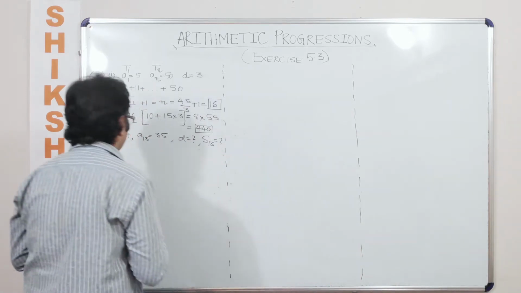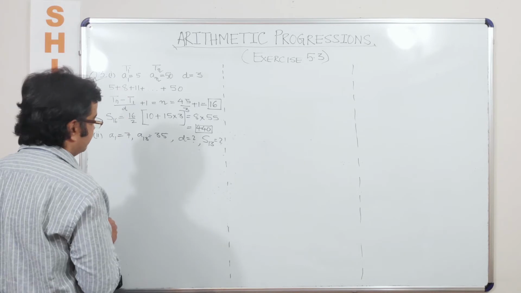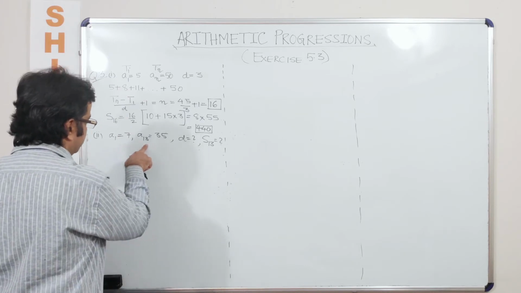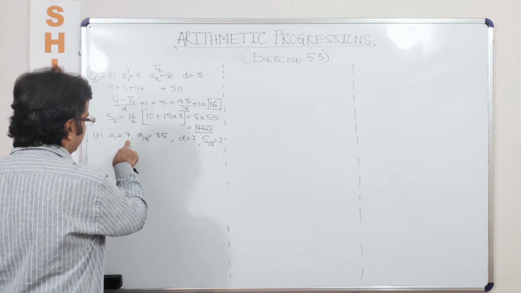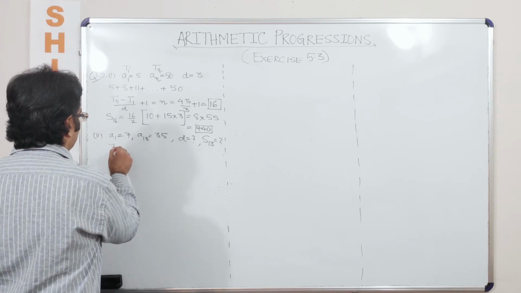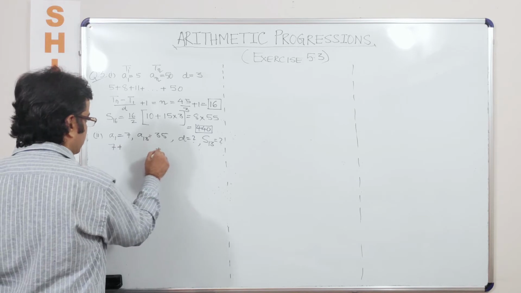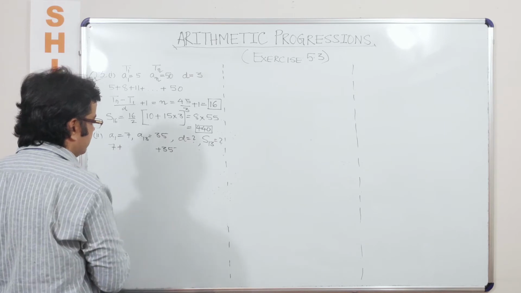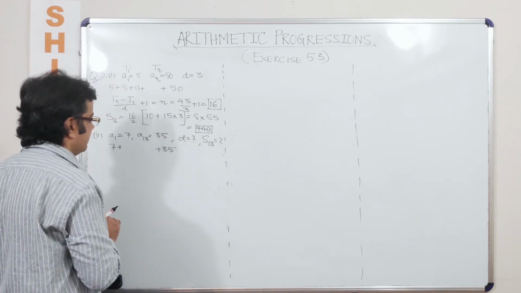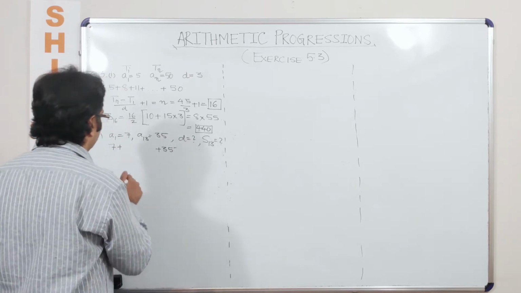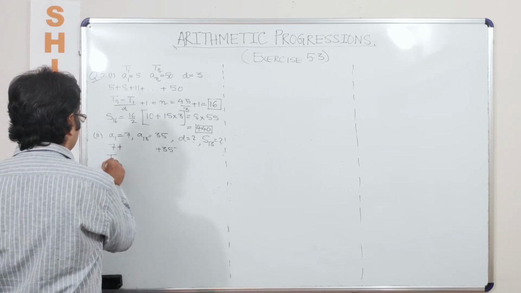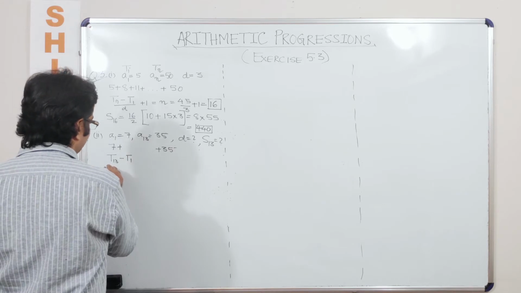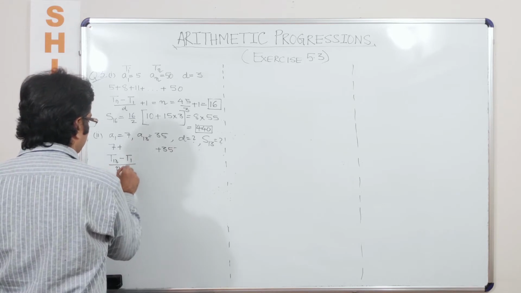Okay. Now here, okay. So now if I am able to find out the number of terms, let's say that the series started from 7. The common difference we do not know and ended on 35, which is the 13th term. So we need to get the second term also here. Even if we are unable to get the second term, we need to get the total number of terms, for which we can just use the formula T13 minus T1 divided by n minus 1 gives you the value of